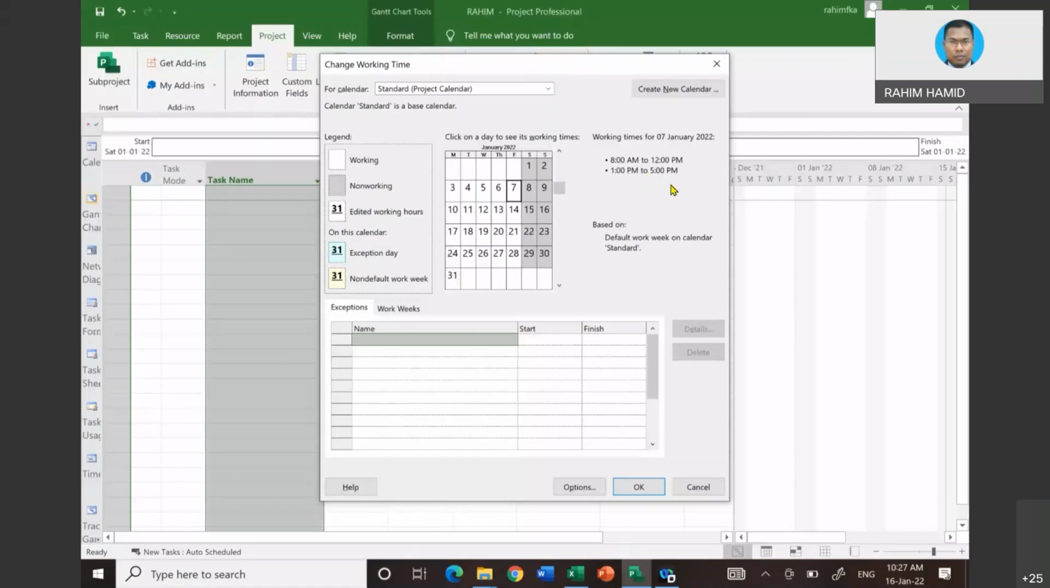So how to change? You can use this button here, Exceptions, and then Work Weeks. These are the only buttons that we are going to use. For instance, let me go back to, let's say,